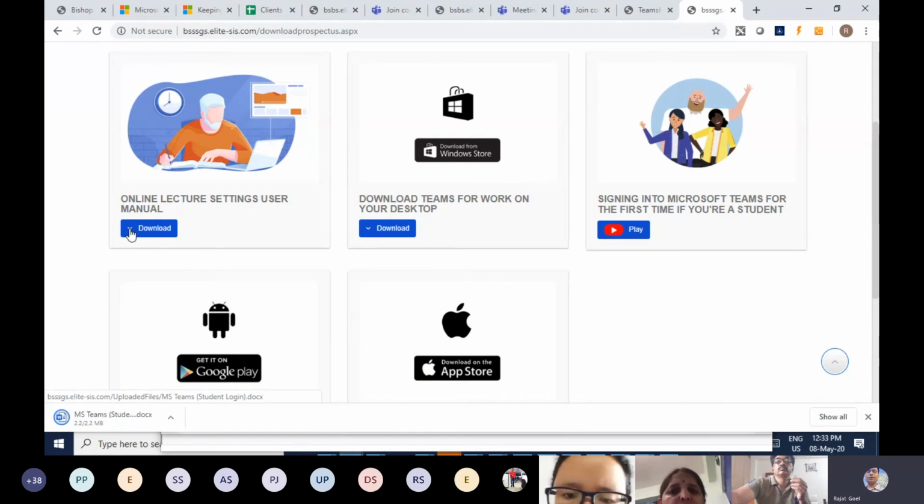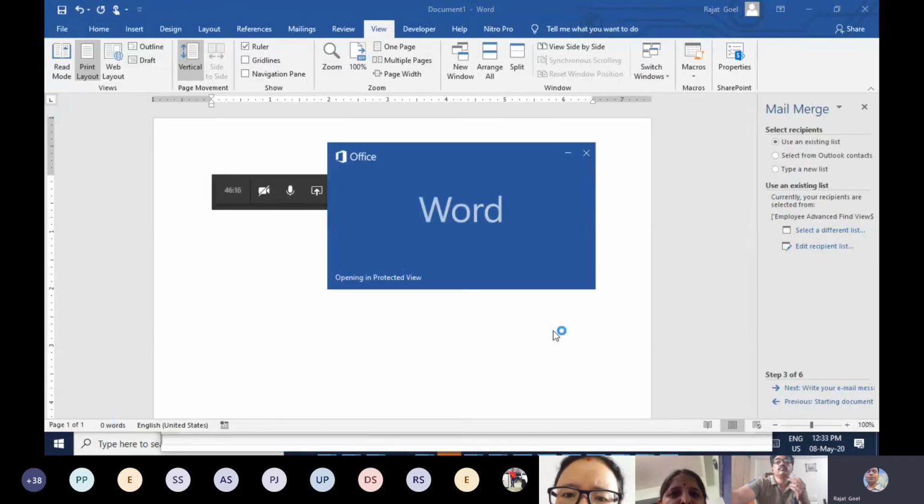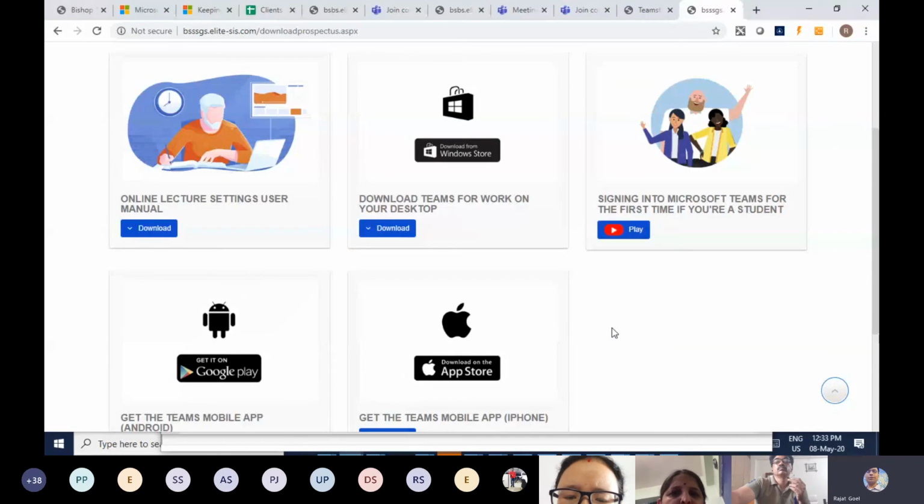It shows how they need to set up Microsoft Teams on their devices. So that particular guide or manual states that. It is just opening. Meanwhile, I'll let you know, here they have a direct download link for Microsoft Teams on their desktop. If they are going to use a desktop, laptop or computer, they have the direct download link of Microsoft Teams here only. They need not go to Google or the Microsoft site or anywhere else. These are direct download links of Microsoft Teams.